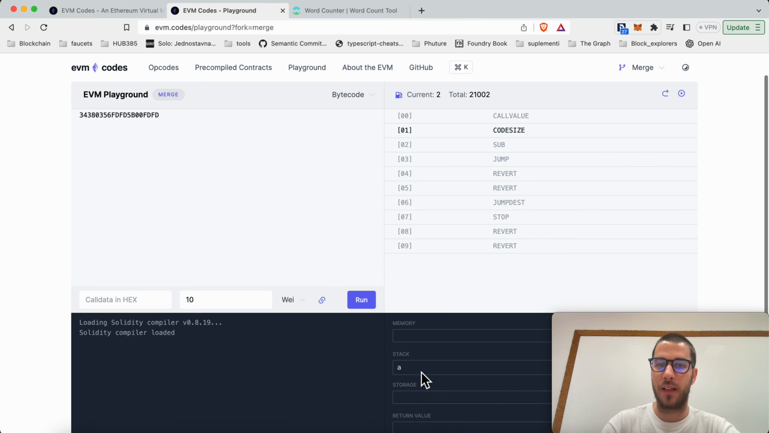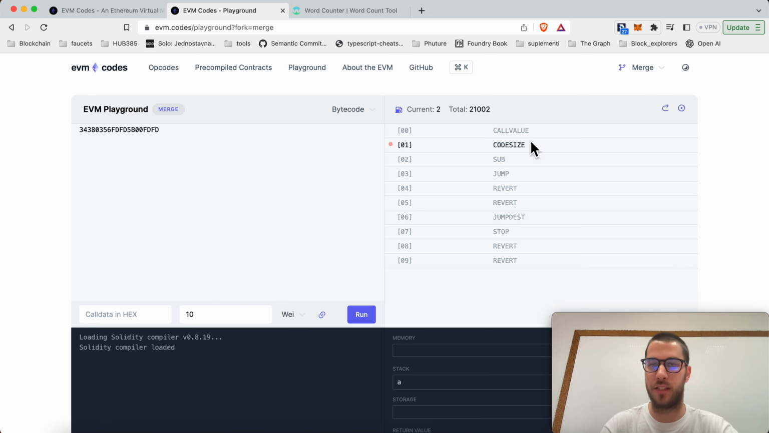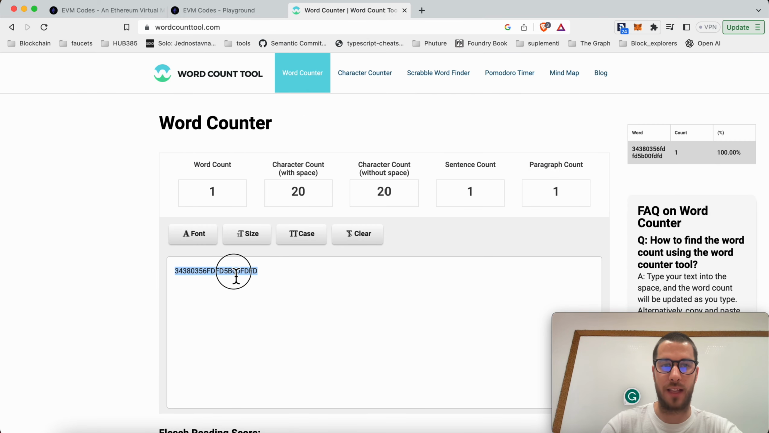Then we have the code size. This is also, I think, obvious. What's not maybe so obvious is how the code size is actually calculated. So let's just go through the execution. In this case, the code size is also 10, since that is outputted onto the stack. But let's check what the length is here. I already inputted this, but